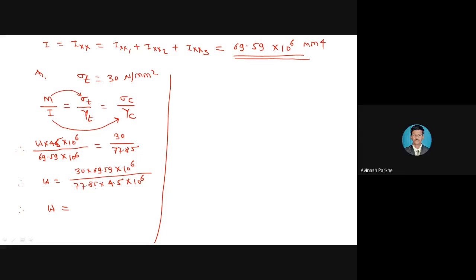5.95 Newton per mm, because all the parameters are present in Newton, or all the dimensions are present, maybe I in mm raised to 4, stress in Newton per mm square, yt in mm. Therefore 59.95 Newton per mm. If I write down the same value, W is equal to 55.95 kilonewton per meter. Both the answers are accepted.